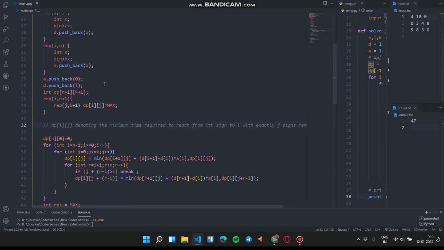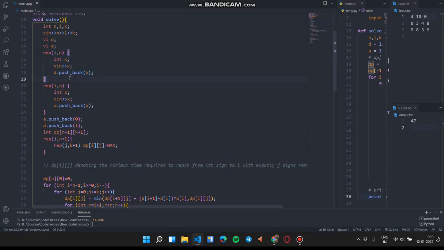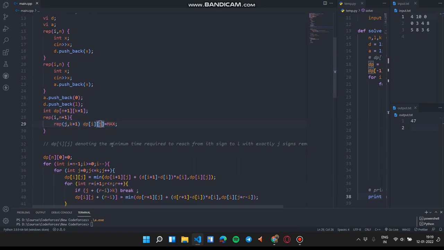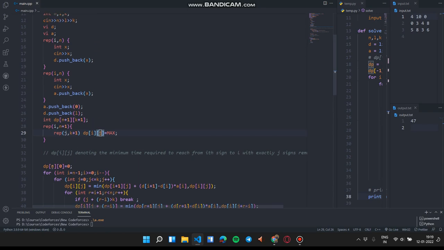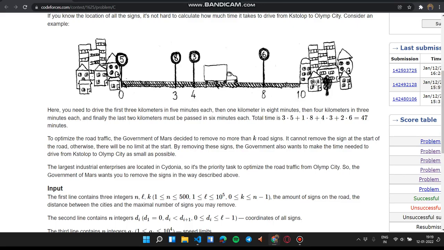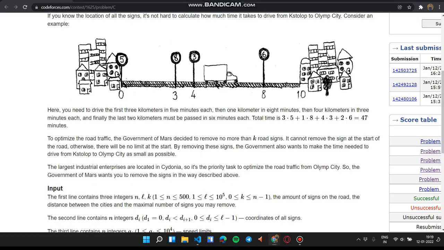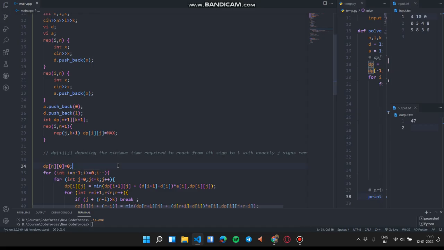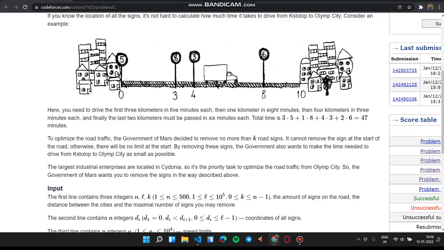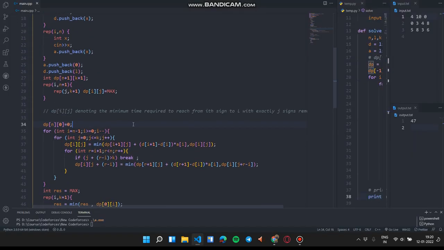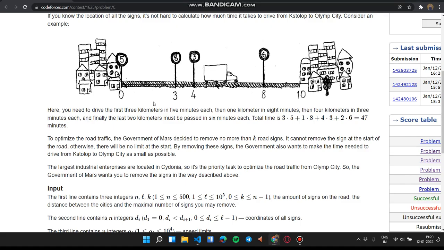So for this, initially I take all the inputs: n, L, k, d and a. I create a dp of size n plus 1 by k plus 1, and initially all the elements will be maximum. For reaching the endpoint from the endpoint, dp of n and 0 removed signs would take 0 minutes, because both points are the same. Now we loop from right to left,